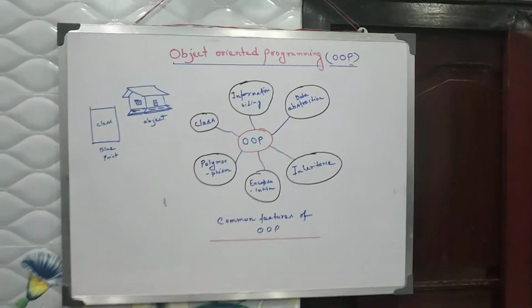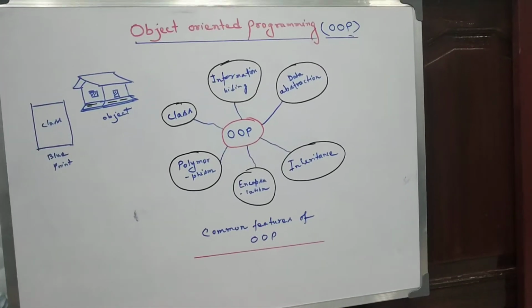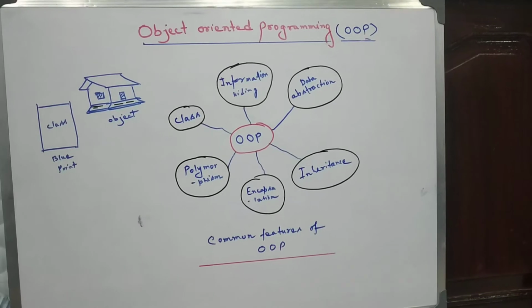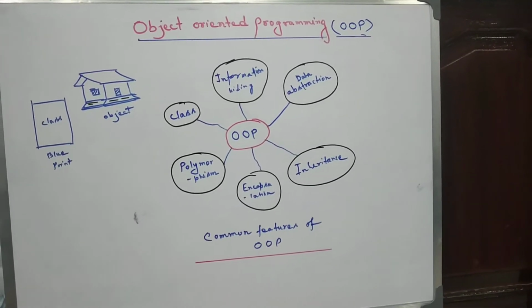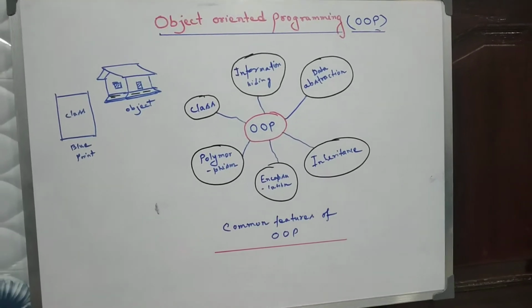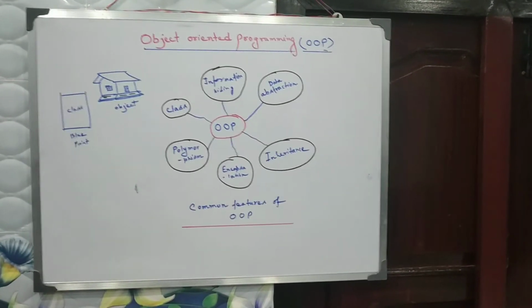Now here I will discuss some basic or common features of object-oriented programming languages. They are class, polymorphism, encapsulation, inheritance, data abstraction, information hiding. These are some common features of object-oriented programming languages. Now,